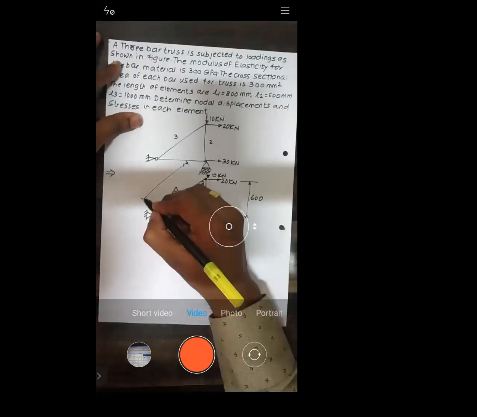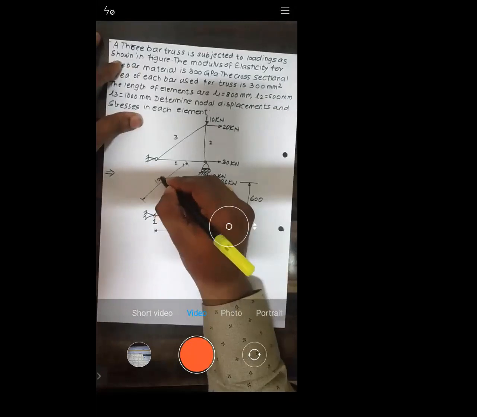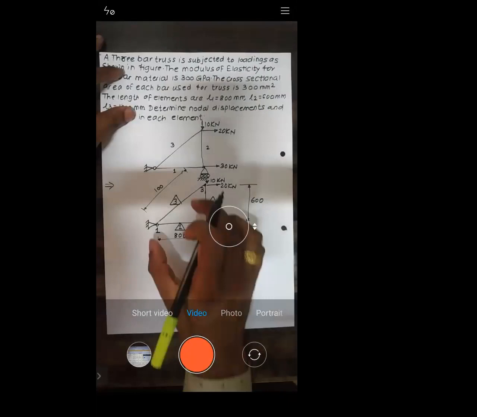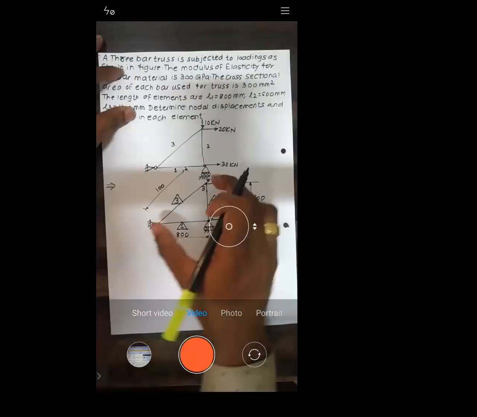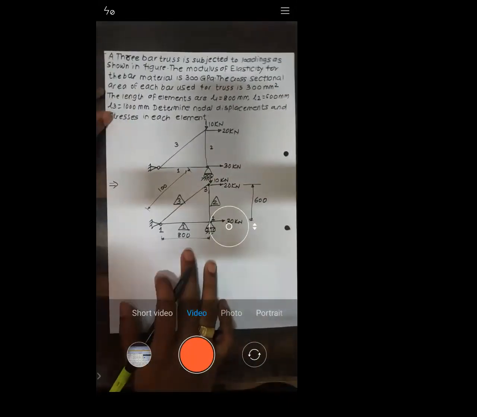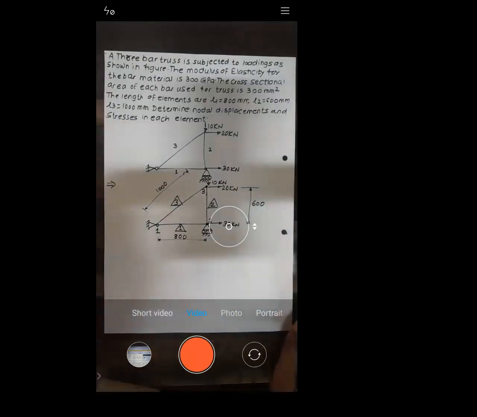Okay, this length they have given. What is that? 100. Is it okay or not? Say so, no. This is 100. This is 800. This is 600. This is 100. It is given. Now we need to reach 1000. It is 1000. Now we need to assign the coordinates to every node.